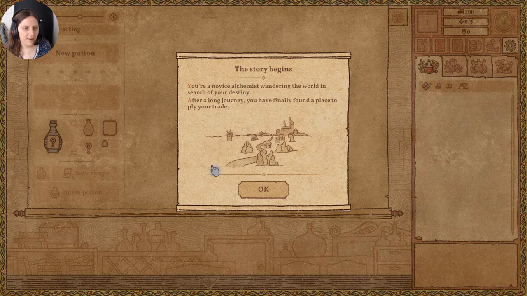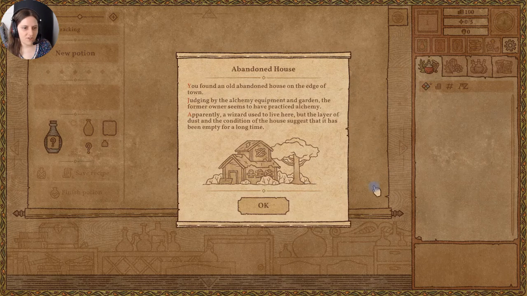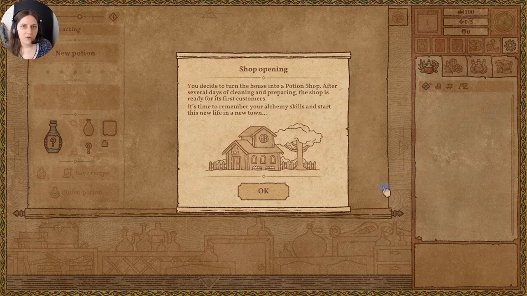Okay, so the premise of this story is that we are a novice alchemist. We're just wandering around, and then one day we come to this village, and wow! Oh my gosh, it's just an abandoned building. That's pretty cool. And it's just so convenient because there used to be a wizard living here, and now the wizard is not living here. I can speak English. Anyway, you're like, cool, I'm gonna move in, and you magically fix up the exterior so